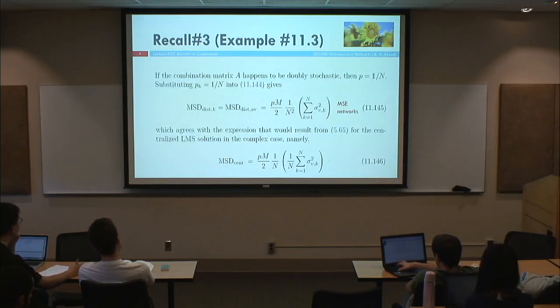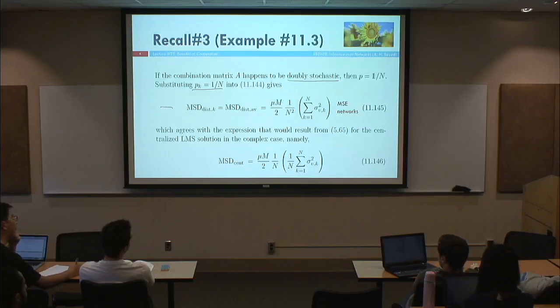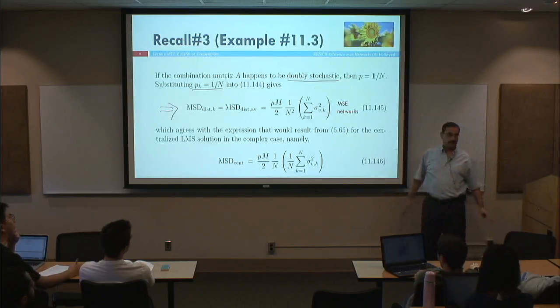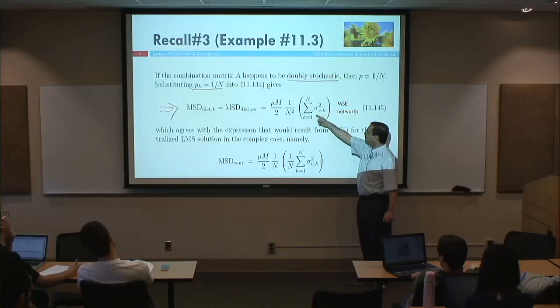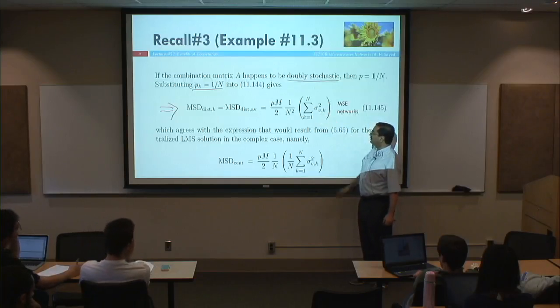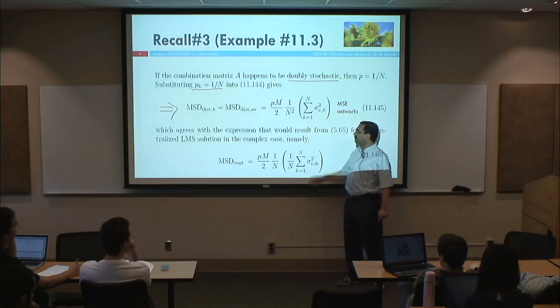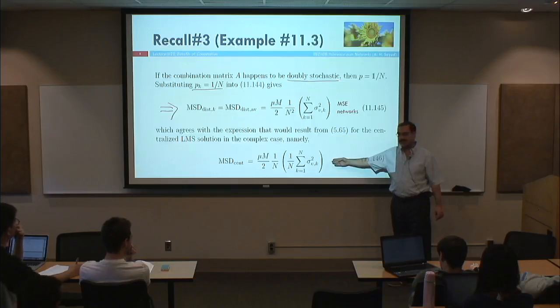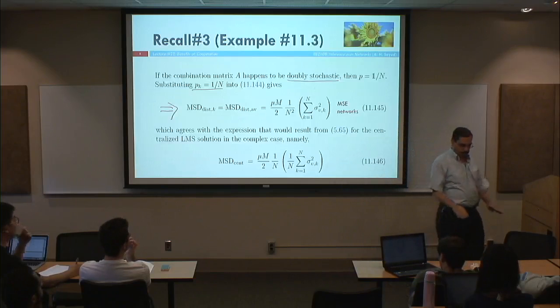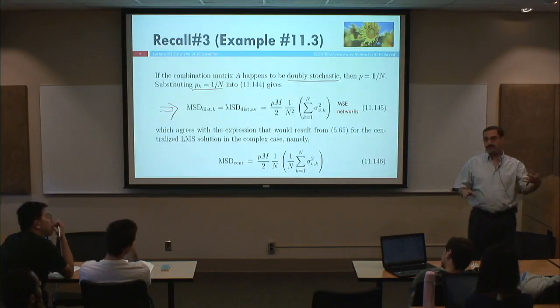And then if your matrix happens to be doubly stochastic, then the Perron entries will be 1 over N, where N is the number of nodes. And we derive this expression. Remember, I'm just reminding you of the example. This is the performance of your network. No matter how large your network is, the performance will be given by the average value of the noise power across the network divided by N, multiplied by mu M over 2, and that's exactly the expression we derived earlier in this class for the centralized solution. So for mean square error networks, the distributed solution can